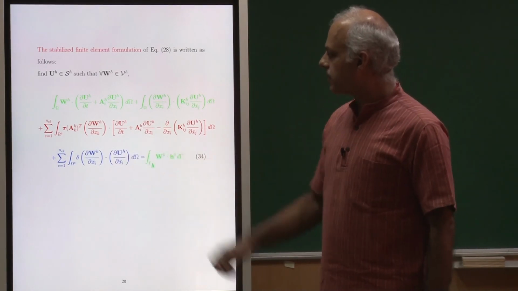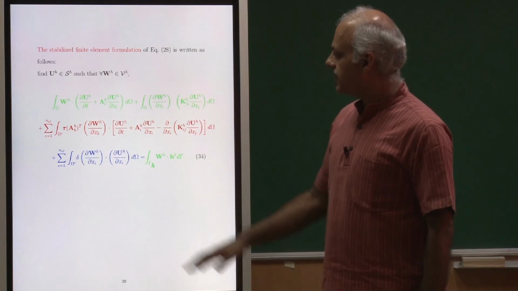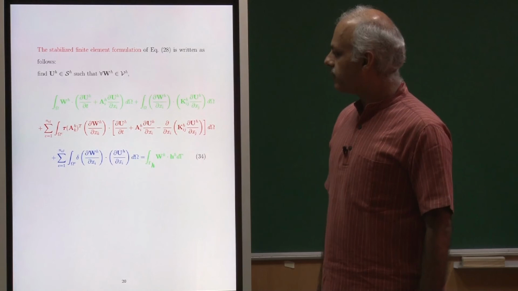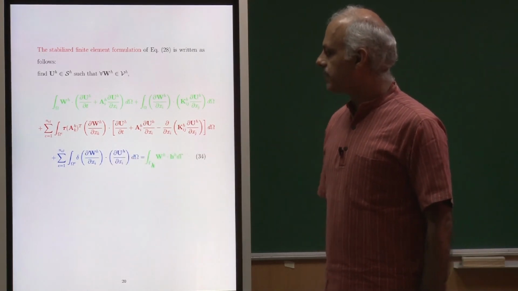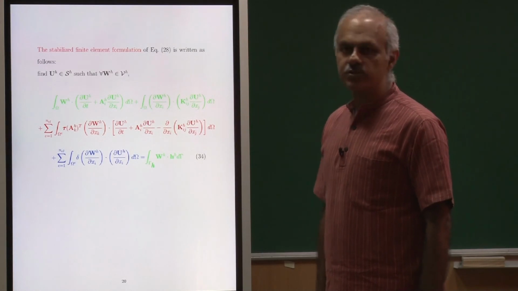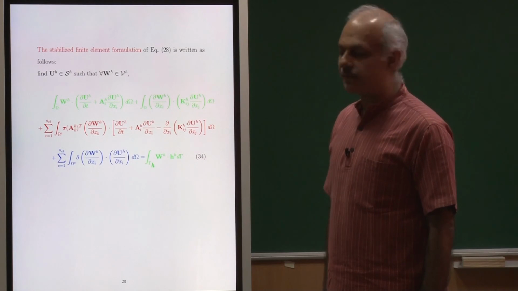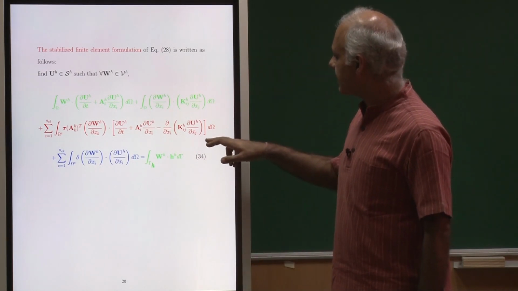Now, let us come to the blue term. The blue term is a very interesting term. This is needed only if we have shock capturing. So, if we have shocks in the flow, then we use this term to essentially get rid of the overshoots and undershoots and the corresponding instabilities that might arise out of it. I will explain that to you a little bit in the next slide.